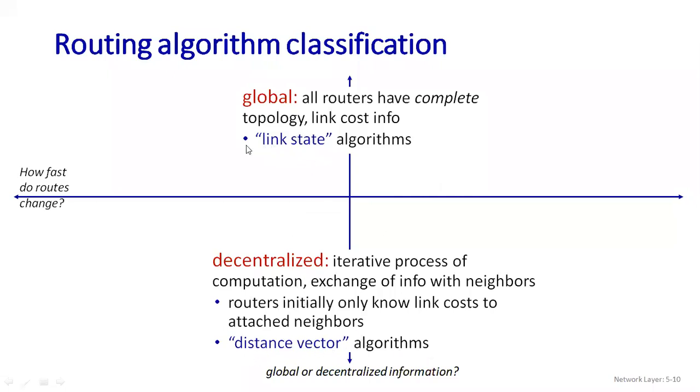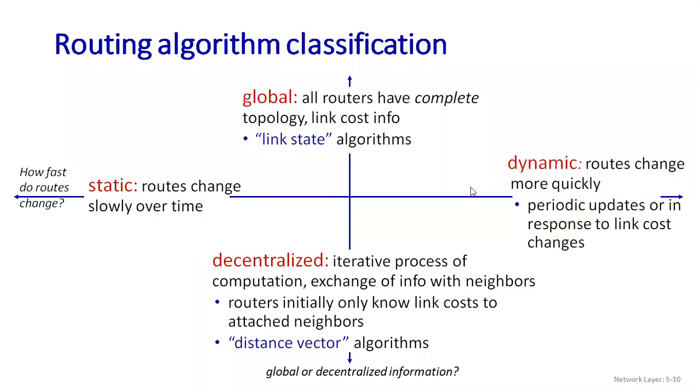So here the difference is that the link state algorithm has direct connectivity, but in the distance vector algorithm, along with the direct connectivity, you can find the cost of your neighbor nodes. This is known as your distance vector algorithm. In this way we have globally classified link state and distance vector. Now coming to the static part, the router sometimes changes slowly over time. If I consider the dynamic pathway, then the router changes more quickly over the time period. Once the link cost changes, the router also gets changed.